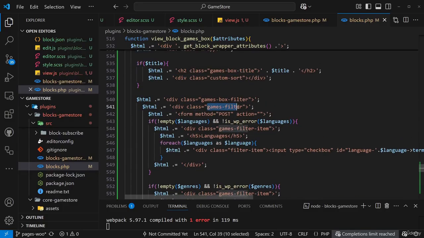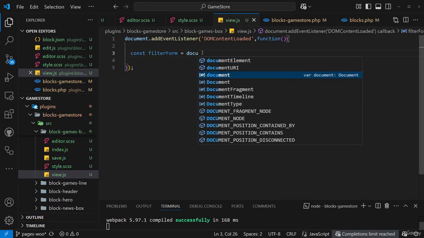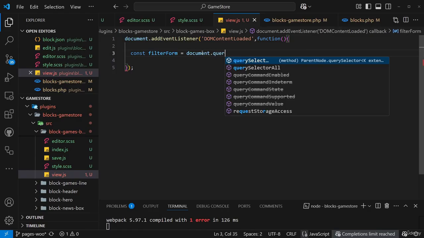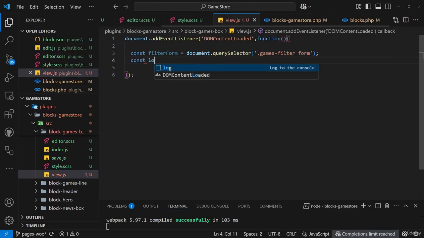So let's use this selector. So the class, and inside the tag form, we will also need a button, load more. We will select it